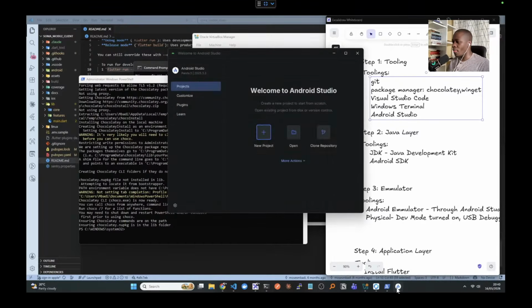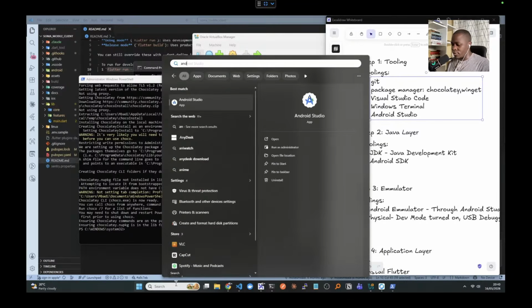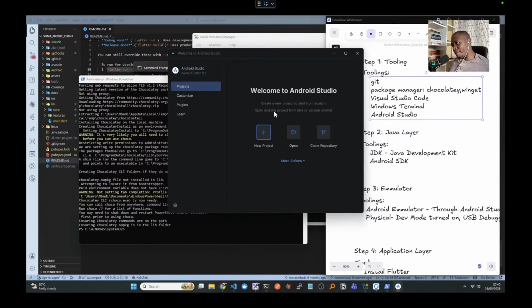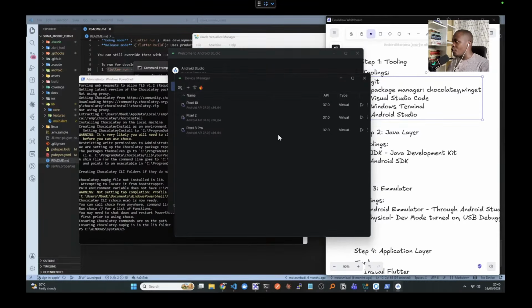So let's go ahead. Remember we had opened Android Studio. Let me just go back again so that you understand. I will come here, I will open Android Studio. Once it's opened, I will go to this. I'll click more actions, and then I will say virtual device manager. Now inside here, yours will be empty because you've not added any virtual devices, but mine has 3 virtual devices. So in your case, just click the plus icon,